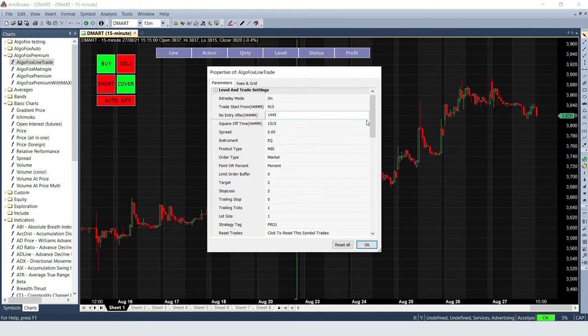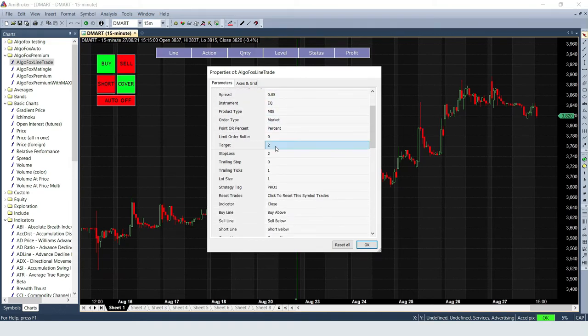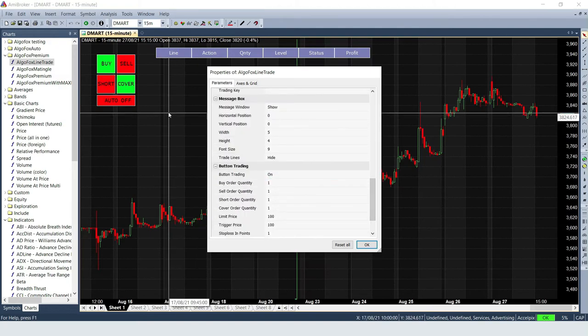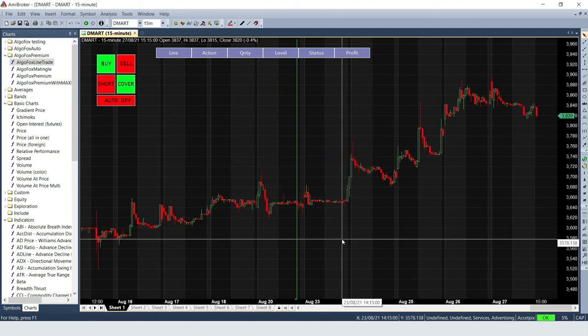Apart from that, if you want to place limit orders with a certain buffer, when we do level based trading, we keep a certain kind of buffer. You can place limit orders with a buffer as well. In buffer, you have 2 types of option, whether to put buffer in terms of points or in terms of percentage. You can also have a target, stop loss, trailing ticks to place cover order as well as bracket order. And also you can do button trading very smoothly in a single AFL.